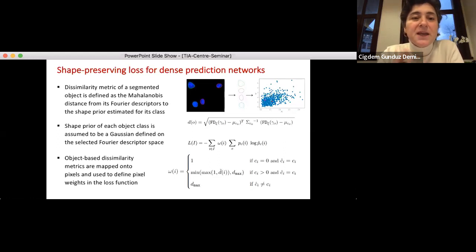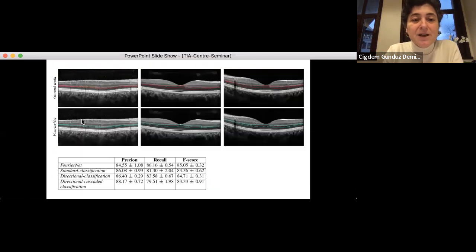But most probably such kind of networks could be designed for a particular problem. So for example, here we know that we have some prior information about the shape of nuclei. So it is obvious, or here I showed you another example. So actually we have some information about that shape. Okay, so if that is the case, I believe that you can combine different factors to define a loss function,